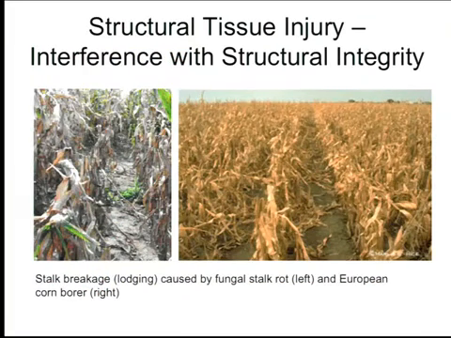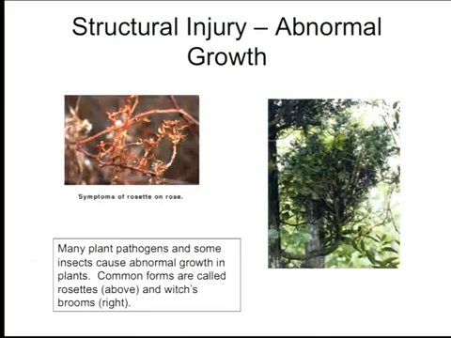Well, the structural tissue is when basically the plant gets broken down, bent down, like corn starts falling down, or a plant that is tall, like a sunflower, bends over because it has been broken down by the attack. The stem is not firm enough and gives way. And then other types of abnormal growths, as you can see there. Next.